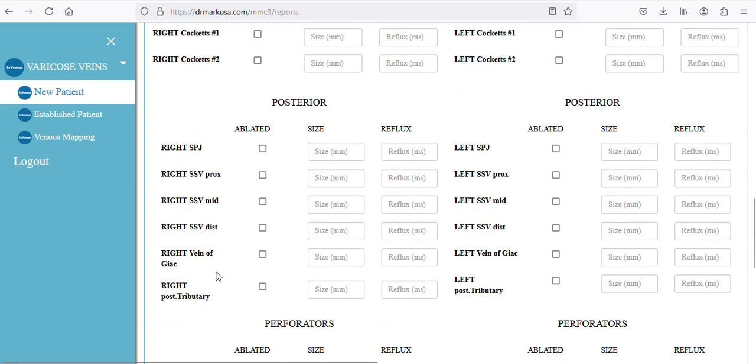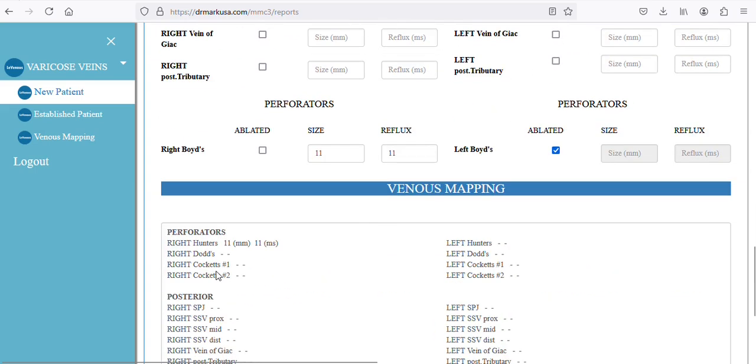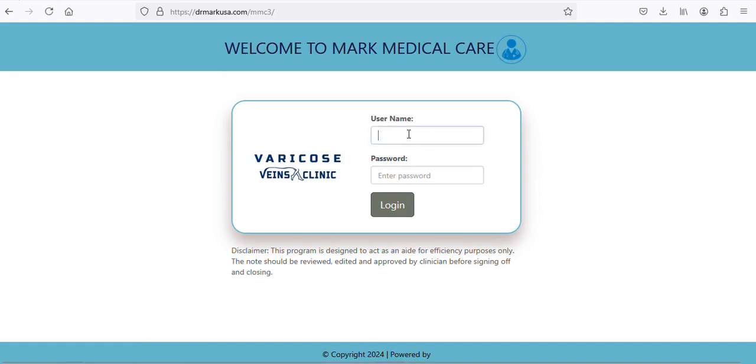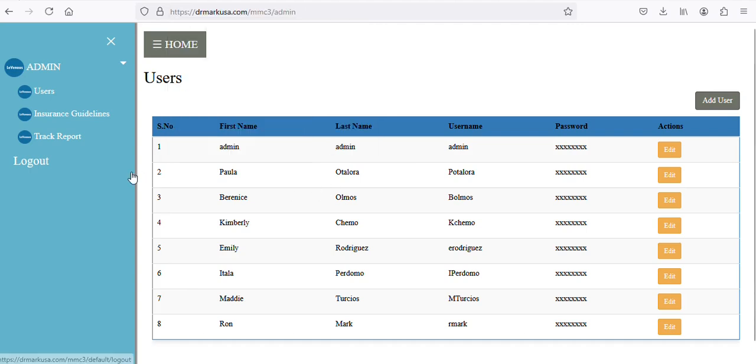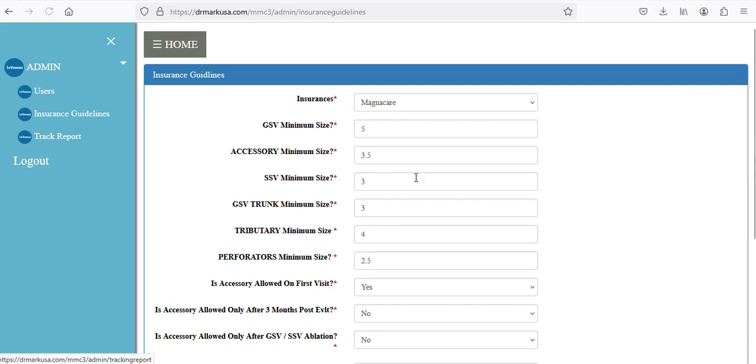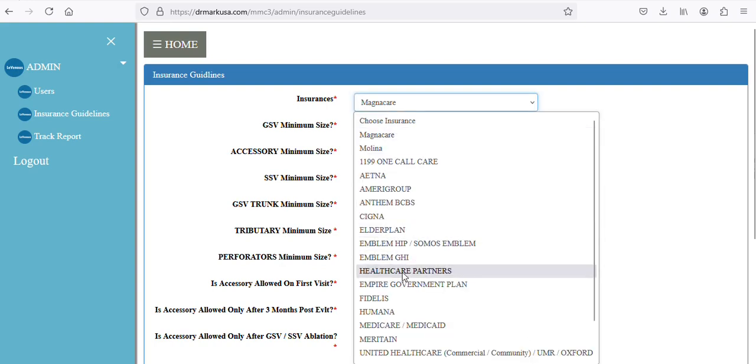So now we'll see the admin section, where we can configure new insurance plans or existing insurances, and how we can modify the minimum sizes. Here you will see the user section, also insurance guidelines. In the user section and insurance guidelines you see the drop-down already given for Magna Care. And if we go through any insurance parameters, let us say Fidelis,